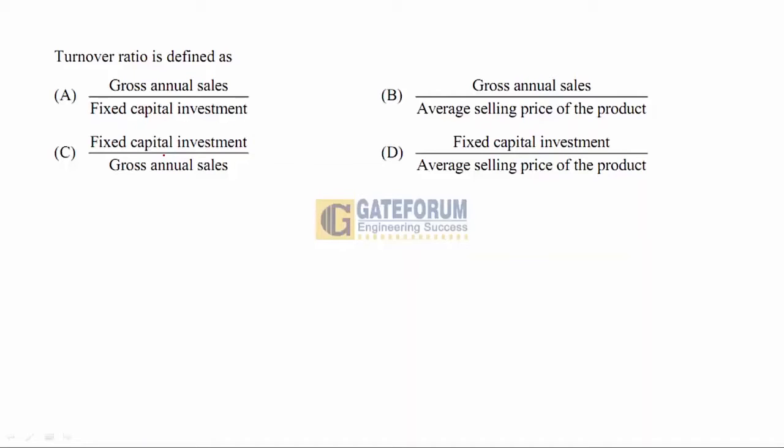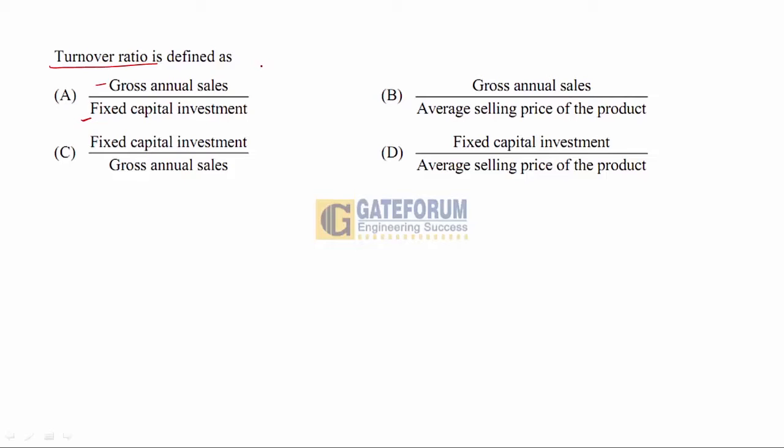So this is a very easy question which came in this from the subject plant design and economics. It was related to the basic definition of turnover ratio. So we know that turnover ratio is what? It is actually the gross annual sales upon fixed capital investment. This was a very easy question based on the direct definition, but students made mistakes in this question